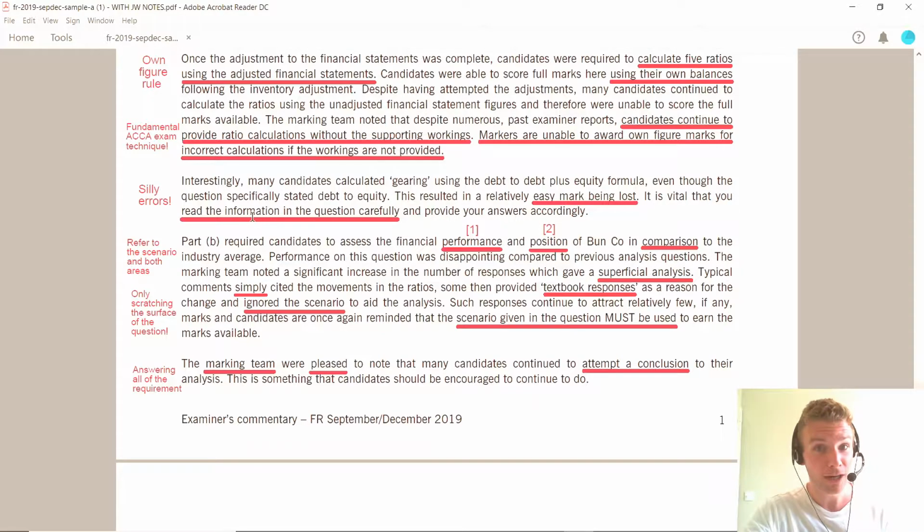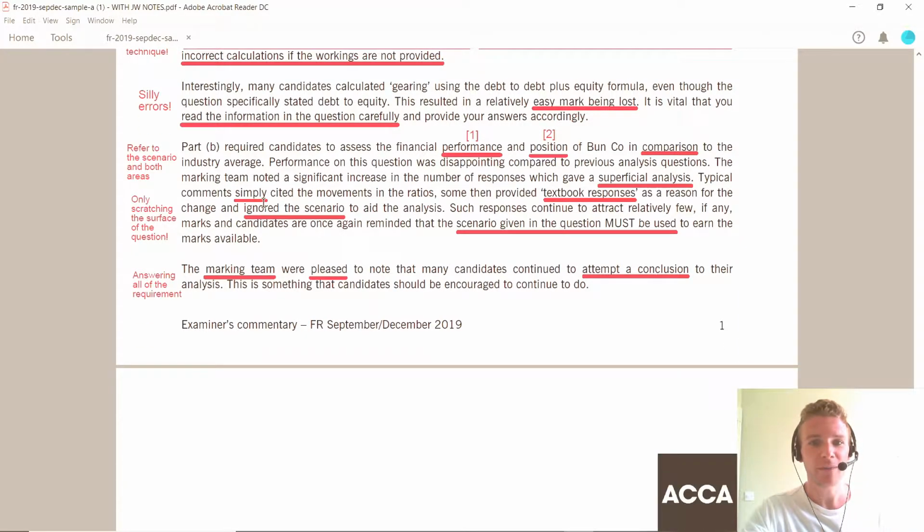Now, coming on to part B, this is one of the other fundamental aspects that they mention at the start. This is where the majority of the actual marks are allocated. And a bit of exam technique you'll see in most of my videos, that I disappointingly picked up later on in my professional and option papers, is that when you're analysing the requirement, pick out all of the aspects they are looking for. It helps you so much, and hence you'll see at the top of the questions, performance 1,